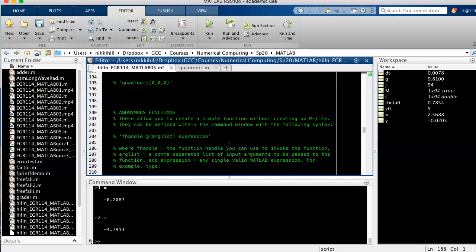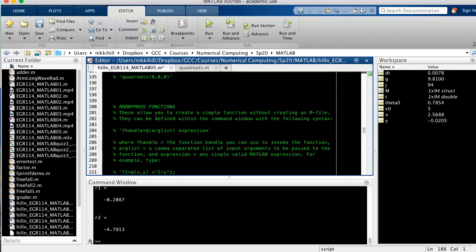So this is like a really quick way to write a function within your regular script without creating a whole another function file. So fhandle is equal to the function handle you can use to invoke the function. Argument list is a comma-separated list of input arguments to be passed to the function, and expression is any single